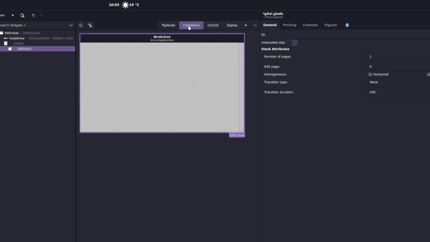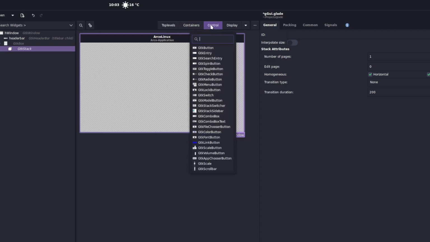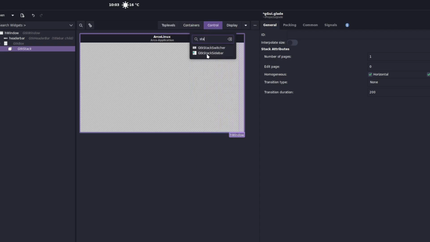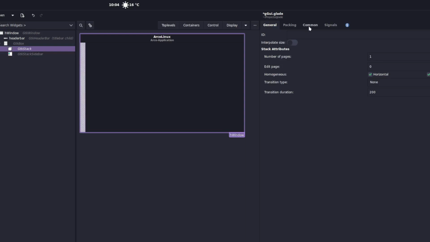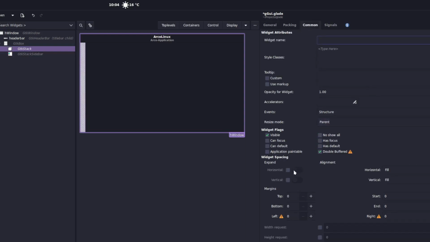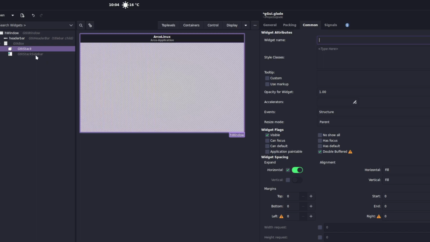And then the next one we're going to do is the stack sidebar. So that's the right side of that GDK box, this is the left side, so we're going to put it there. So now you can see it's gone over to that side now. So if we go to stack, and I'm just going to expand it horizontally like that. If we go to sidebar,